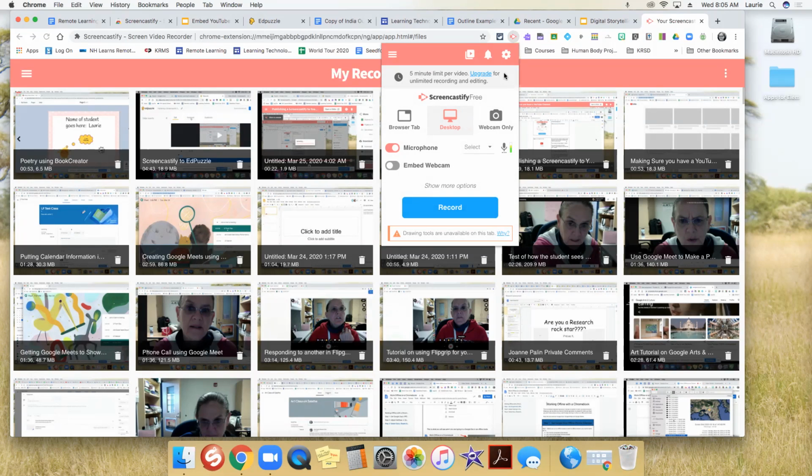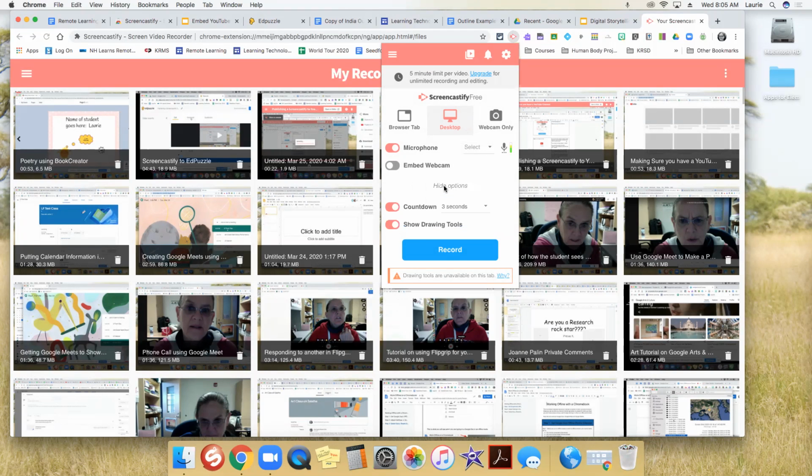The next thing that I always have my students and teachers look at for recordings is the part that says show more options. When you click on show more options, there's a countdown. The default is 3 seconds, and there's an option for 5 or 10.